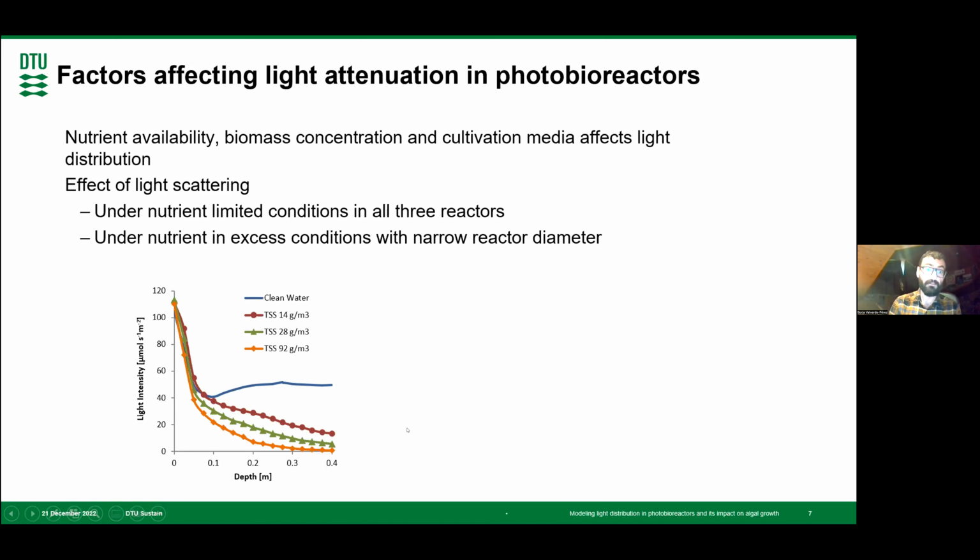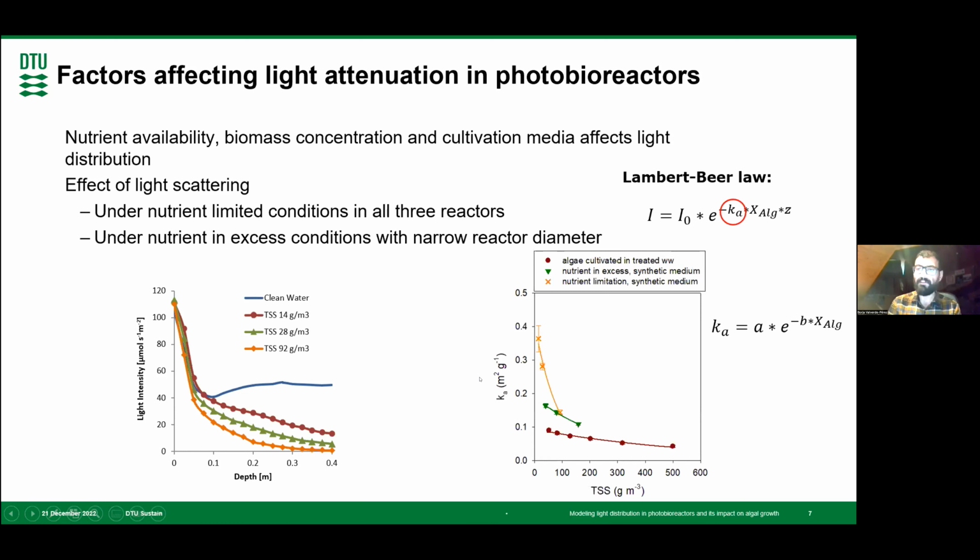through the photobioreactor. So this kind of data series, we can feed them to the Lambert-Beer law, which is commonly used to describe attenuation of light in any matrix. And in this case, as you can already see, we expect that this law is going to behave differently depending on which algae concentration we have. And this is actually the case when we estimate the absorption coefficients. We see that the attenuation coefficient for the different